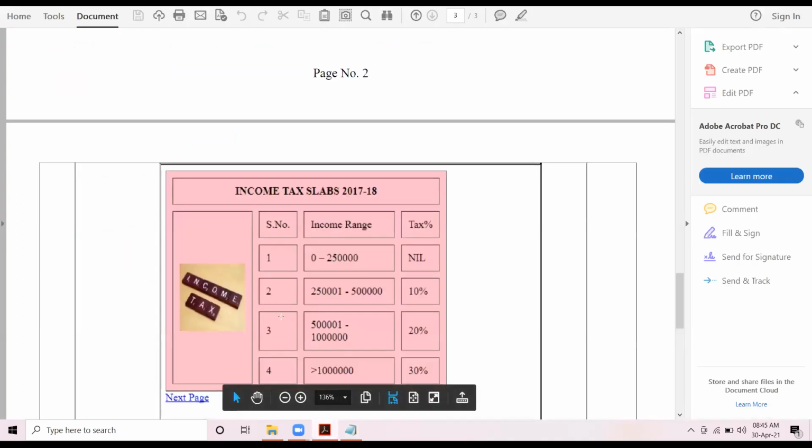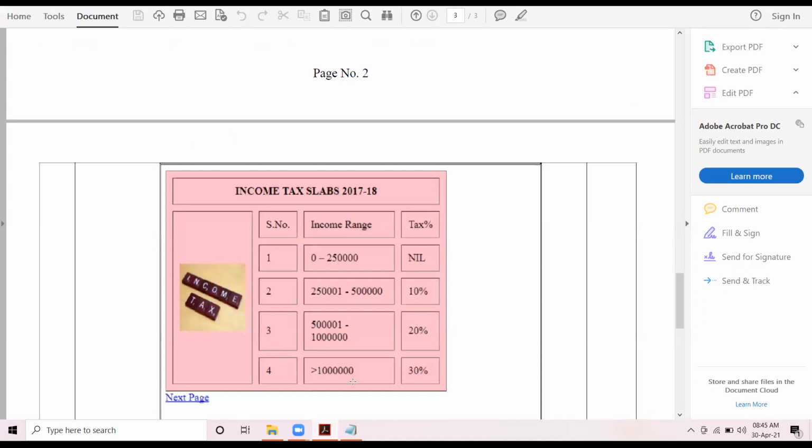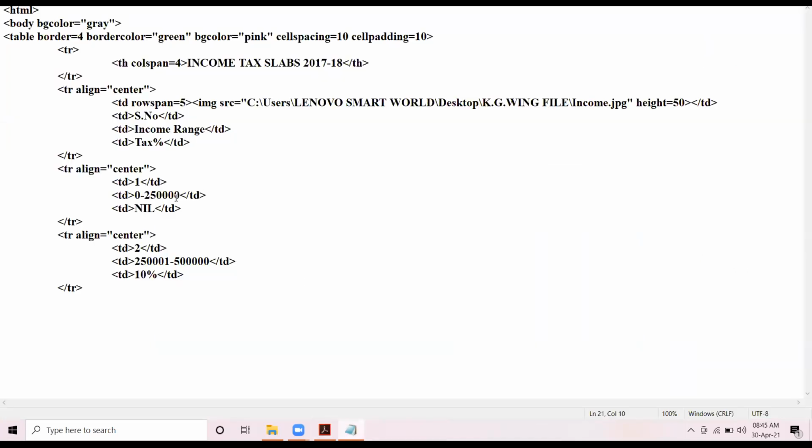Right? Then shifting to this row: serial number 3, here we have 5 lakh 1 to 10 lakh. Okay. And the tax percentage is 20%.